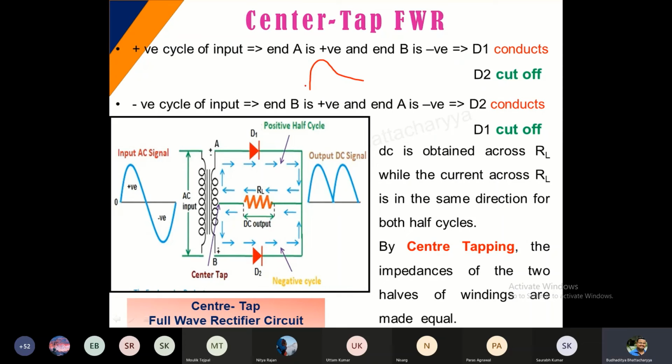This is how the capacitance charges, and then it starts to discharge. By the time it is completely discharged, it will again start to charge, and again discharge. So if you take these peak values and neglect the discharging part,